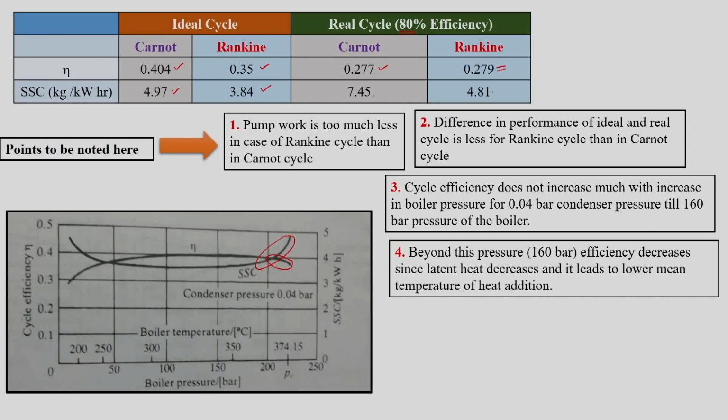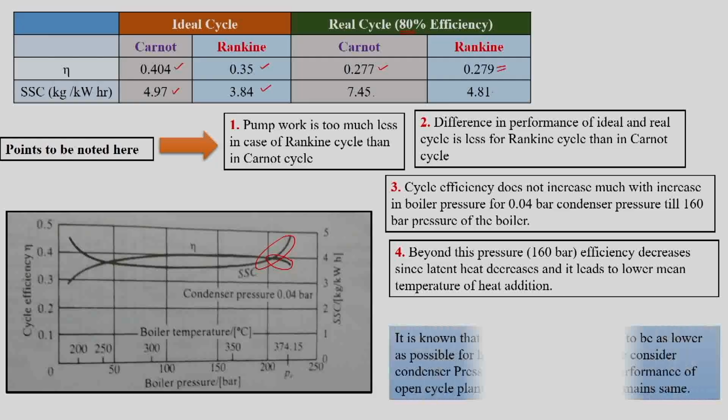Here we are adding heat into the boiler, which is h3 minus h2. That has two components. One is in the economizer, which is sensible heat, and the other is in the evaporator, which is the latent heat part. As we increase the boiler pressure, the latent heat is decreasing, the economizer's load is increasing and the evaporator's load is decreasing. So, at a point beyond 160 bar, the amount of heat added